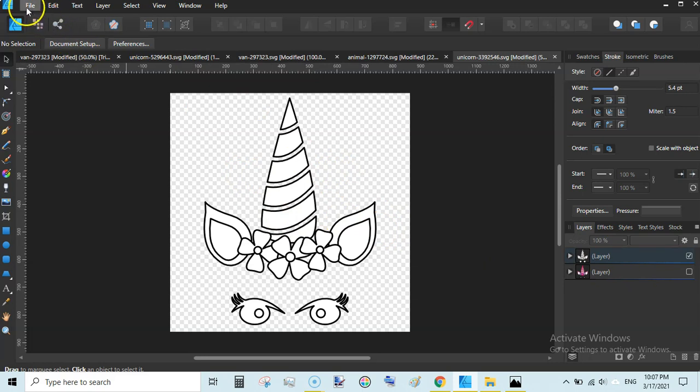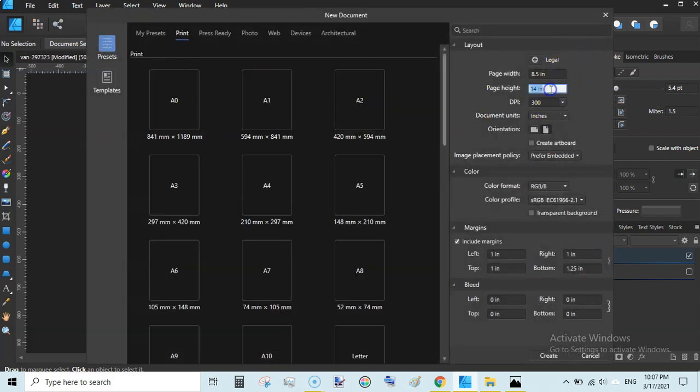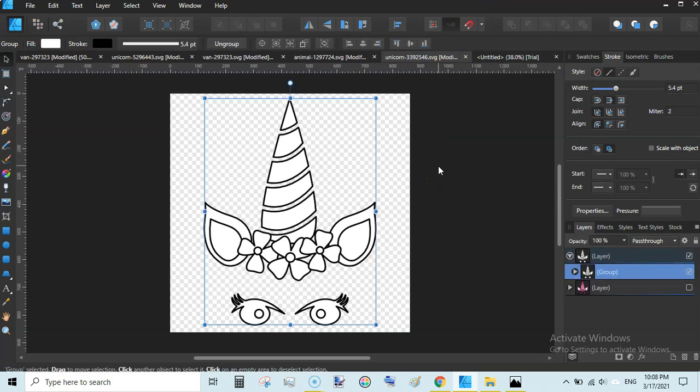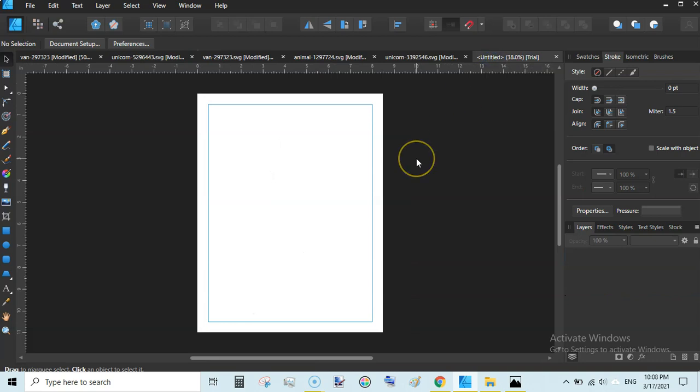So once you have changed your SVGs into coloring pages, you go to file and new and select a page of 8.5 by 11 and set the margins to 0.5 inches and here 0.5 inches. Click on this one and you have set the margin to 0.5 inches, then hit create and it will add a margin around the page. And here we have our coloring page. Just Ctrl+A here and then come back to your coloring page and Ctrl+V.